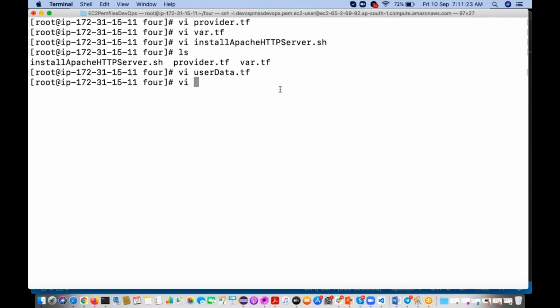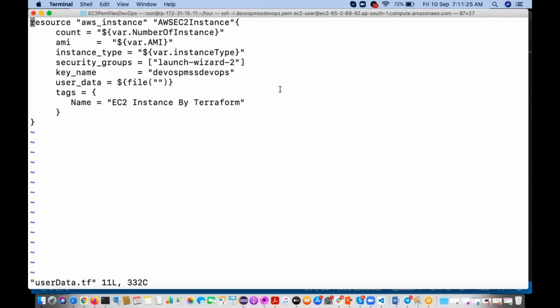Copy it. Here you have to pass that file name. Okay, so dollar symbol, curly bracket. File is the one function, and there you have to pass which script you have to run. Save it.